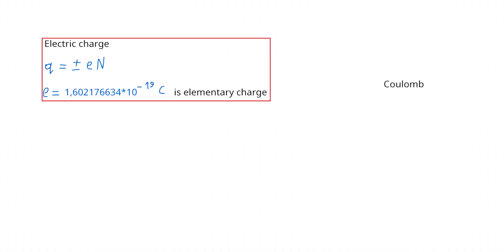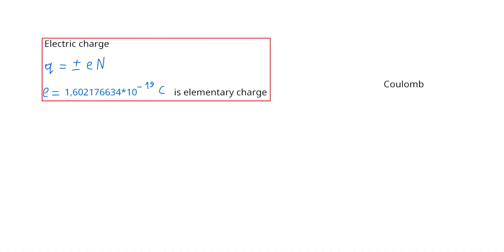This fact is known as the law of conservation of electric charge. And as you may remember,